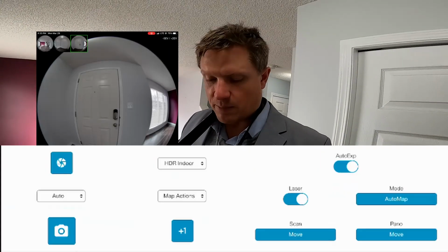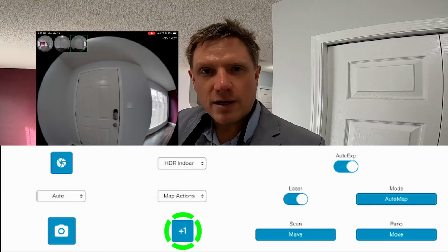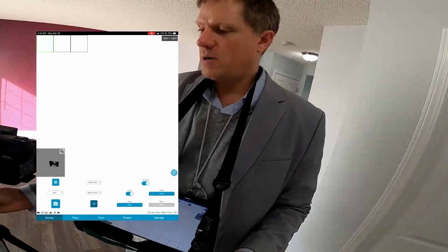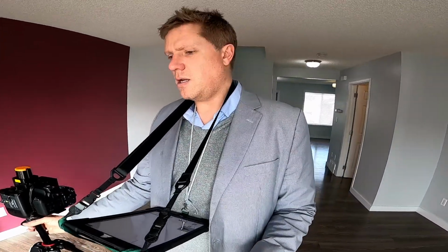How I do that, I hit that +1. Remember, every time you've got all 3 combining together into a panorama, now you hit +1, okay? Now you're ready to move the camera to your next spot. I'm just gonna do one, maybe not quite in the middle of this room, maybe a little bit offset in